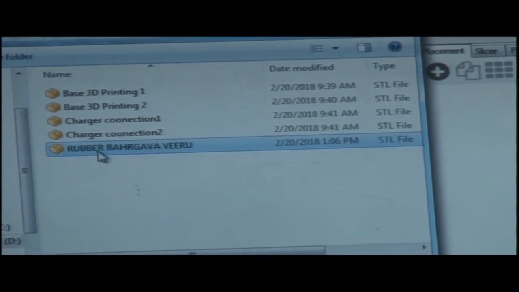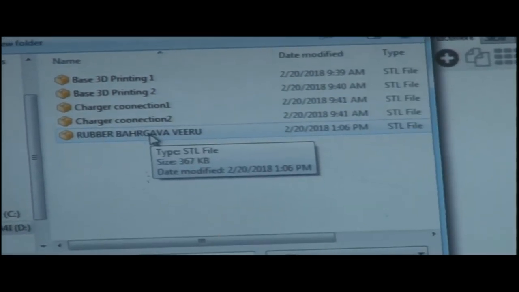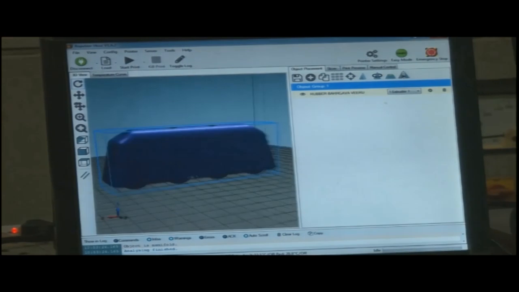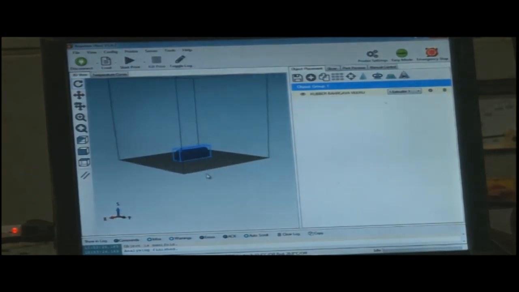This model is there, so we click here. When we click, this job appears on the envelope. What is the envelope? The envelope is where we are going to manufacture this thing. This is 1 cubic foot, that is 1 foot by 1 foot by 1 foot.